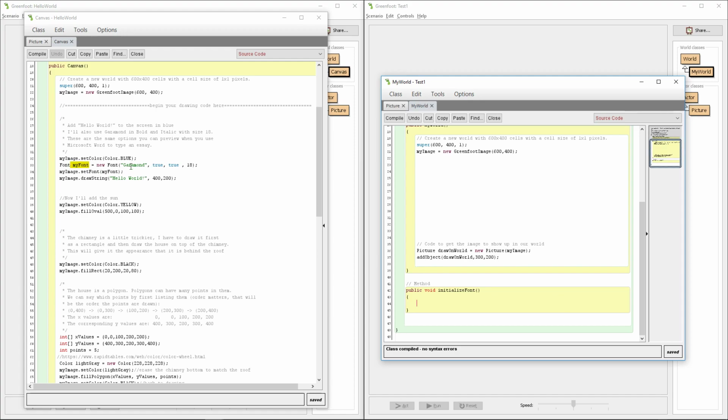Now, I would like the functionality that goes on with my font to happen in this method instead. So to keep things simple, I want the font to be set to blue. I want the font to be set to Garmin, and I want the image to be set to my font. So here is what I am going to do. I'm going to copy and paste this information over here,